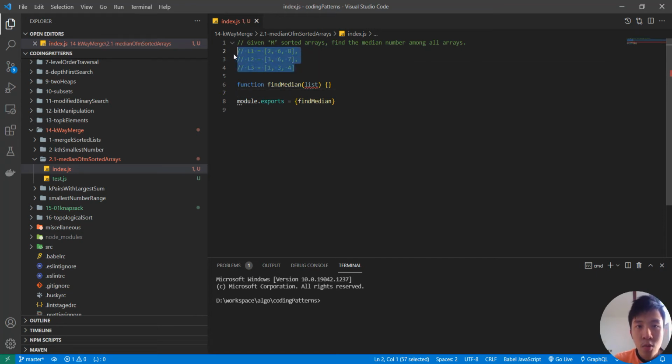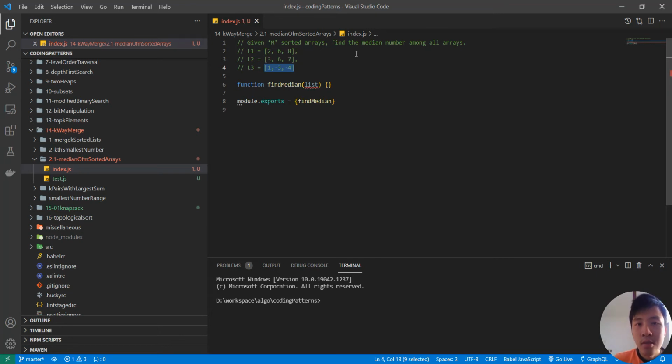For example, we have three sorted arrays in ascending order. You can see each array is sorted by itself, and our goal is to find the median number among all